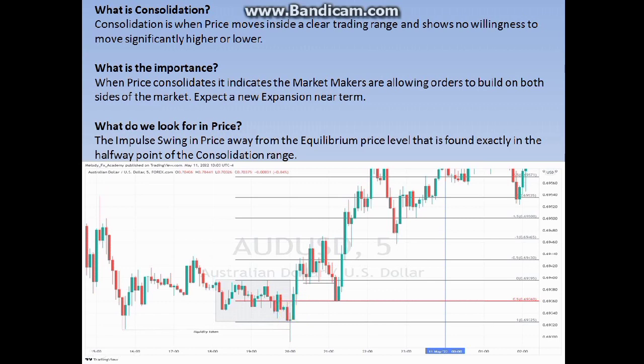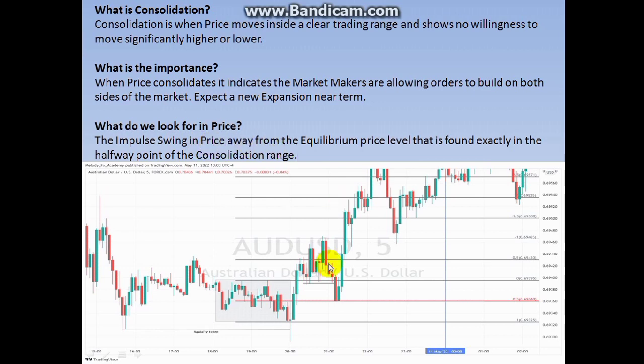So now picturing this further, at the time we had liquidity being taken out right here, then we have this expansion away from some level of consolidation, right? So now what do we look for? The impulse swing of price away from the equilibrium price, okay. We look for the equilibrium price level that is found exactly at the halfway point of the consolidation range, okay. So this will be our consolidation range. So what's the impulse swing in price away from the equilibrium price? This will be our impulsive swing away from the equilibrium,